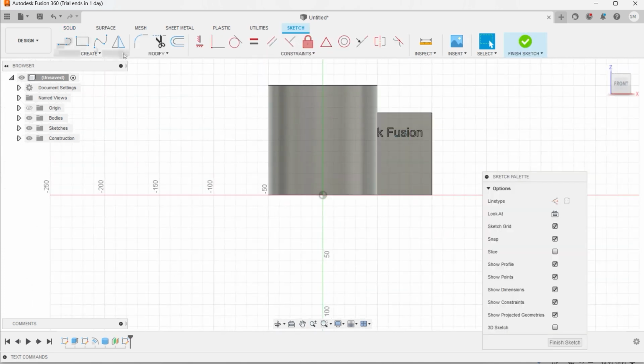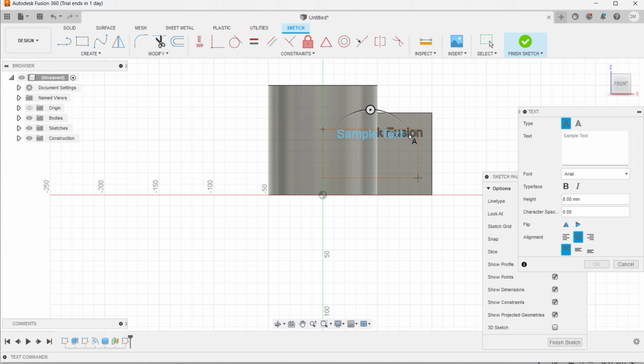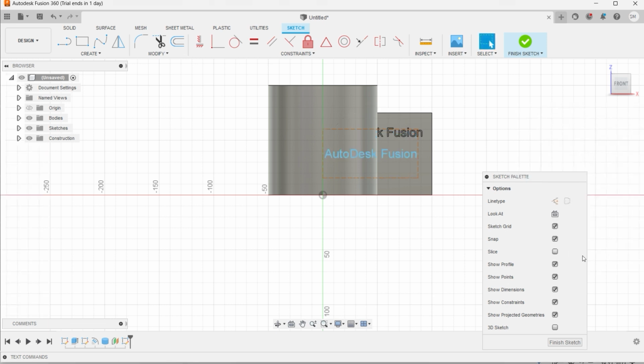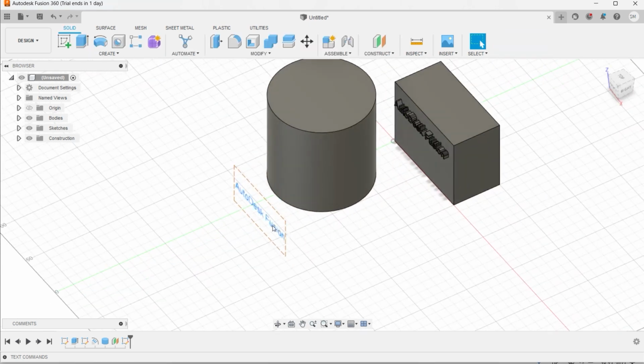Start sketching, and let us write something on that plane. Autodesk Fusion. We have written this one, and we'll make this one centered. Okay, done. Let us exit from the sketch. Now the thing is, we have written something on a different plane, and that should be embossed on this cylindrical surface, right? For that, what we have to do is